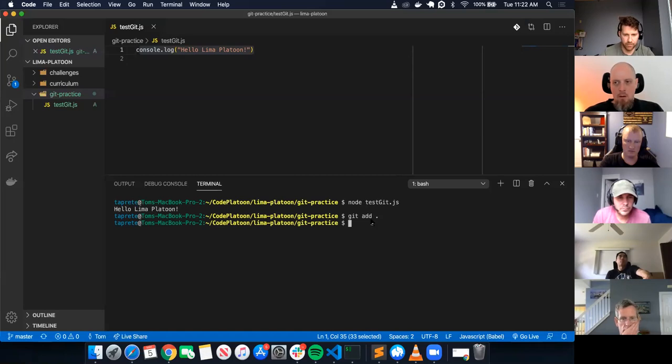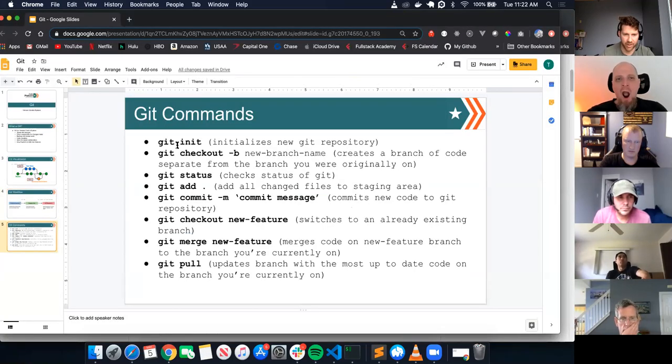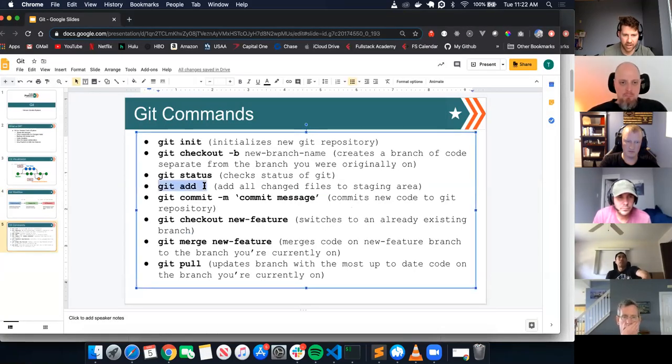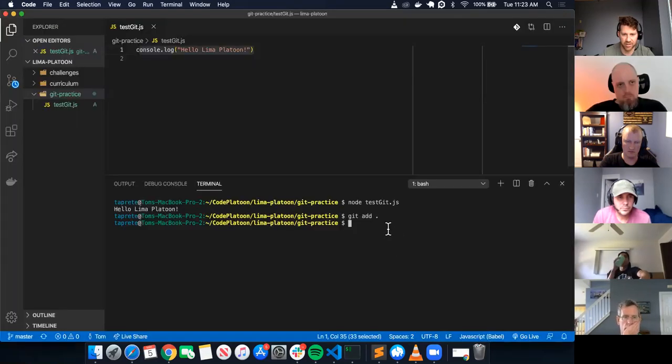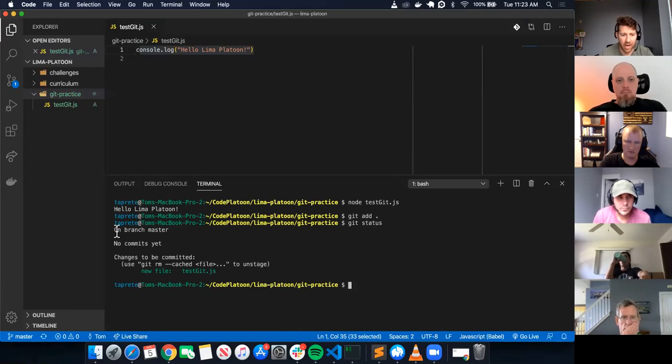Now I always do git status. So I get added everything. Then I want to do git status just to see what I changed. So it says I'm on the master branch, no commits yet. So I haven't committed anything yet to this Git repository. Changes to be committed. I am adding a new file, and that file is called